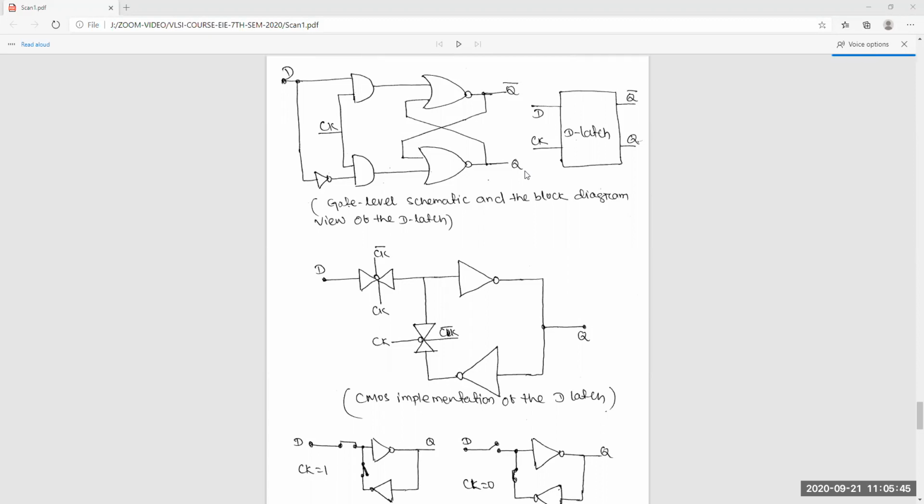Everything was simple, basic, and it is not used now, because a lot of transistors are there, more power consumption, more area. So actually this is the thing used for any practical application. And again, you can use this either this way, or in the C-square MOS version.